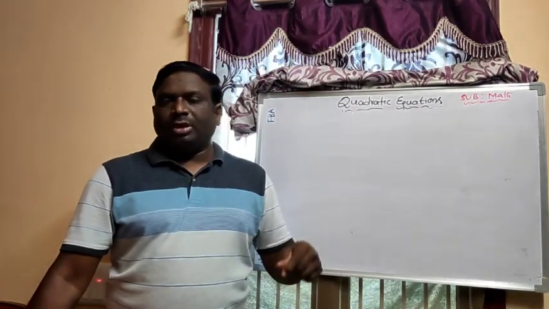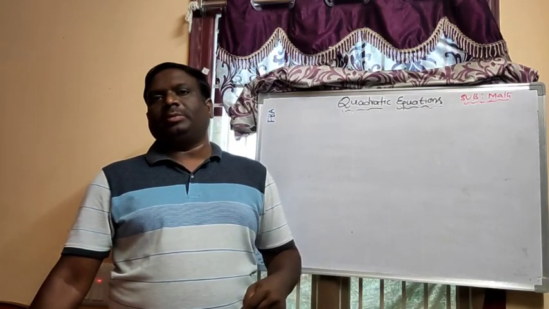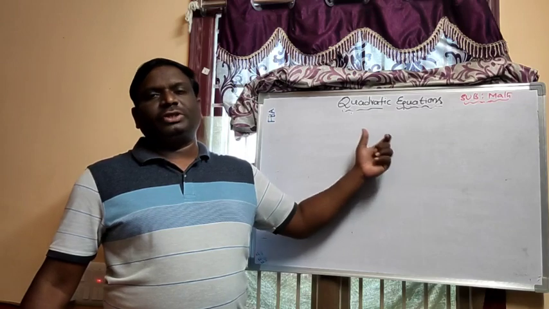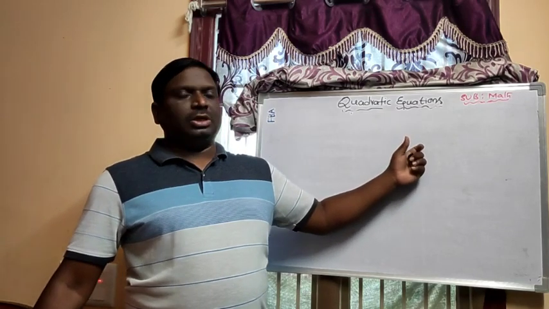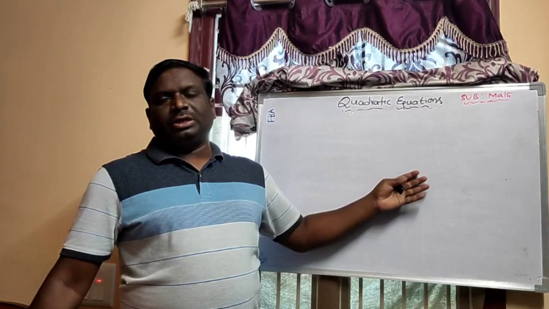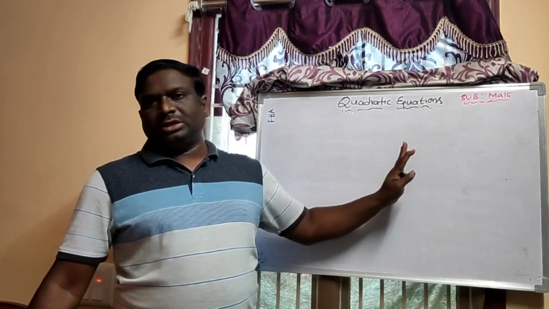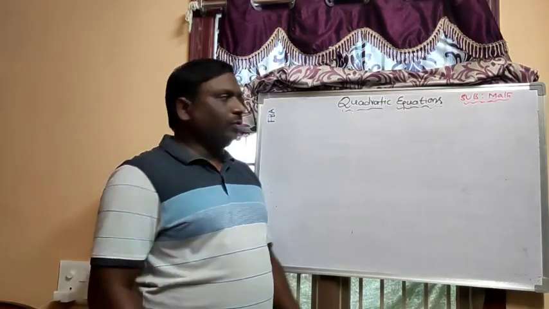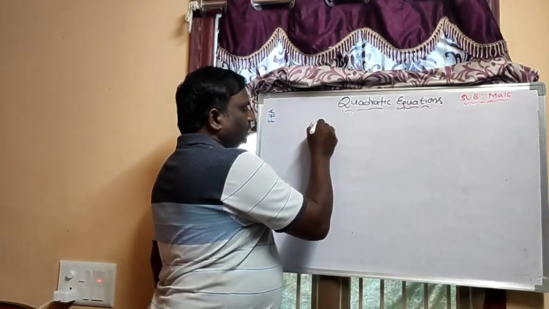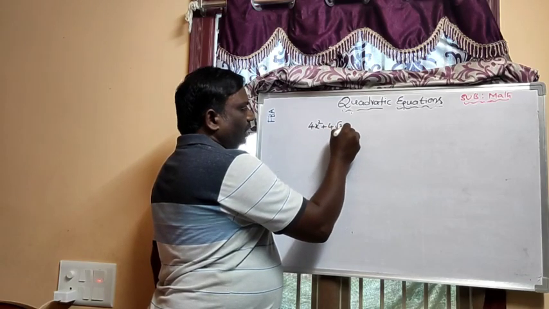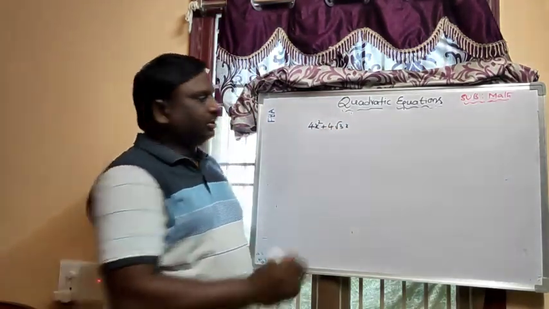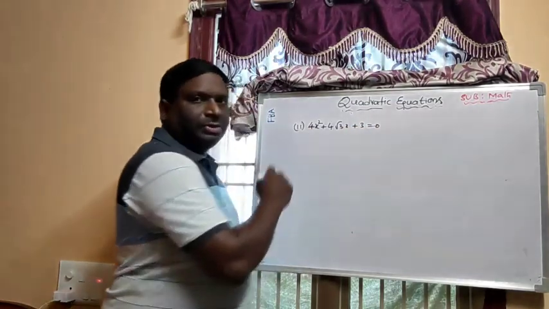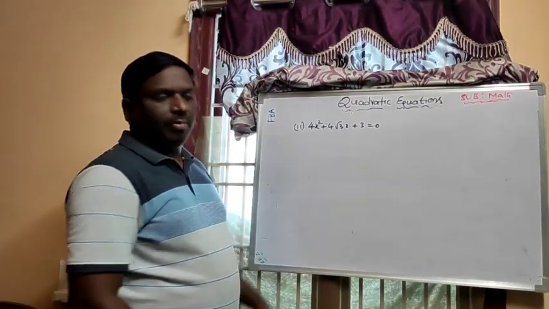So in that second question, they are asking: find the roots of the quadratic equations given in question number 1 by using formula method. You can substitute each and every value of the coefficients of x square and x and the constant term in that formula. Definitely you will get the solutions. I will explain one example here: the same question, 4x square plus 4 root 3x plus 3 equal to 0. Already we have done this question by using completing square method. Now I am doing it with the formula method.